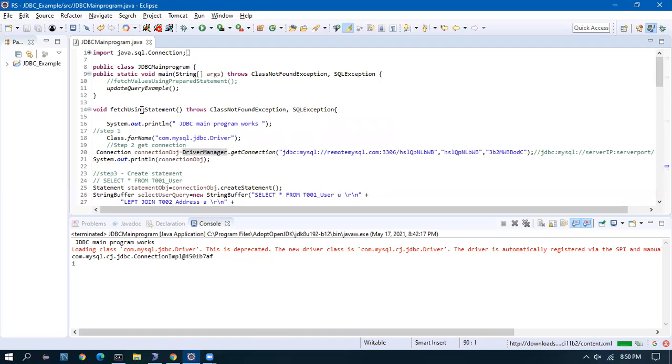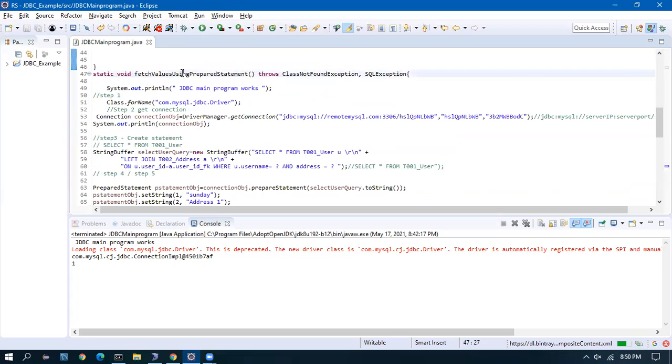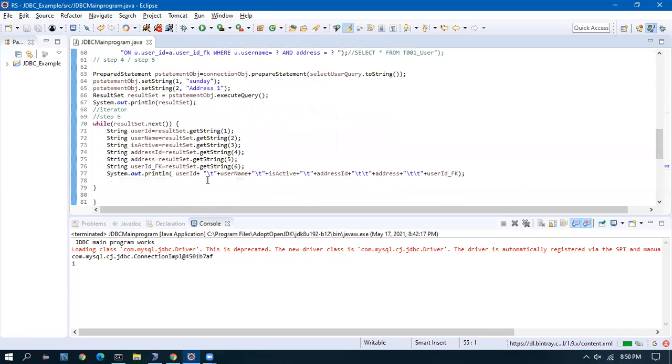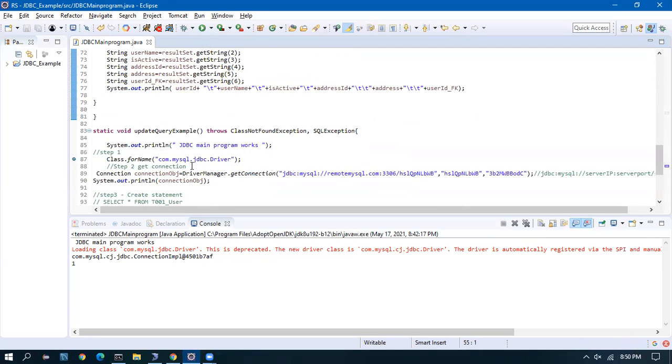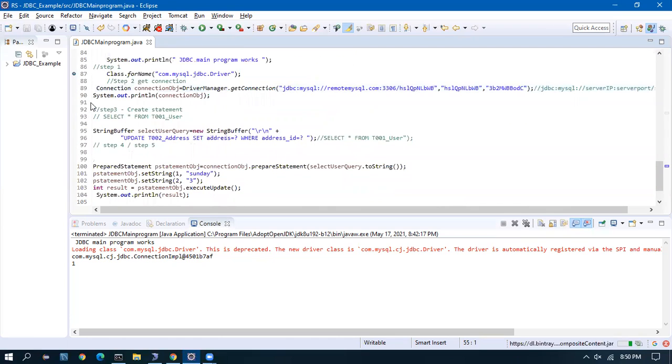See here, inside this method, I'm calling it. Inside this method, I'm again getting a connection. And inside this, I'm getting a connection. The best way would be, I'll show you that also.